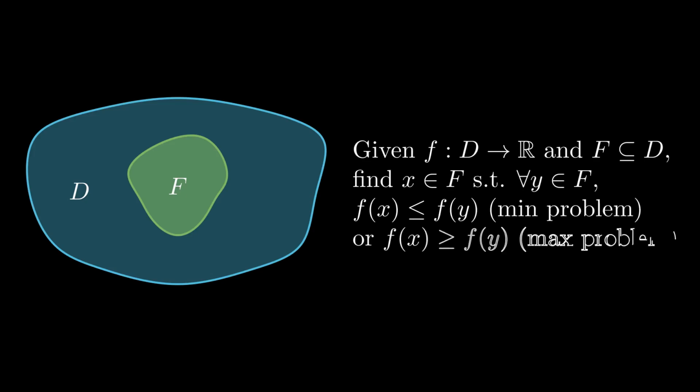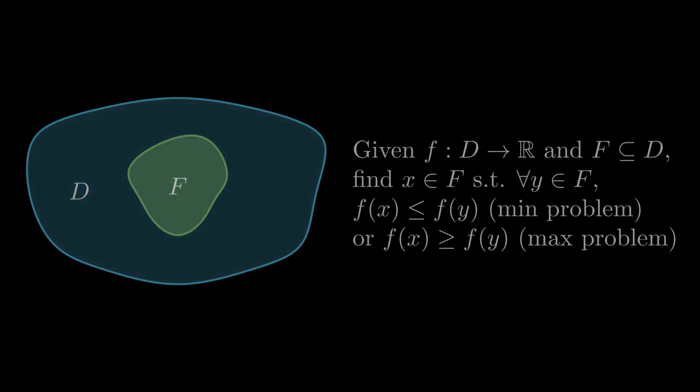Before we can discuss how LP works, we must first define what we mean by optimization problem. In general, we have two types of optimization problems, minimization and maximization. Suppose we are given a function f from D to R. Suppose we want to constrain our space for optimization to some subset F of D, labeled as the feasible region. A minimization problem would ask us to find some value x in F such that f of x is less than or equal to f of y for all y in F, while a maximization problem would ask us to find an x in F for which f of x is greater than or equal to f of y